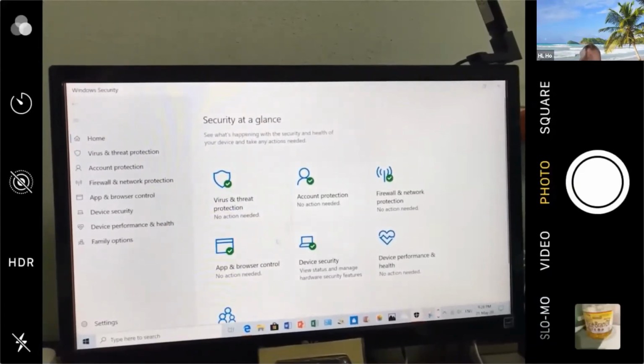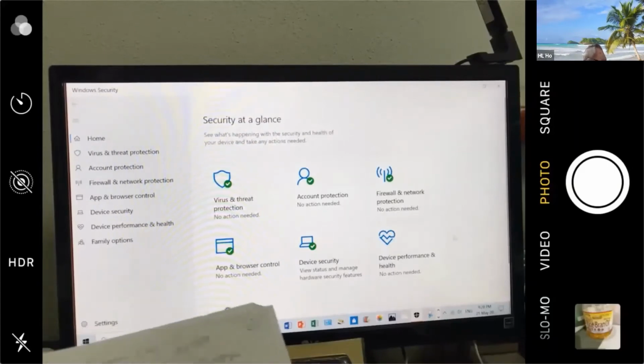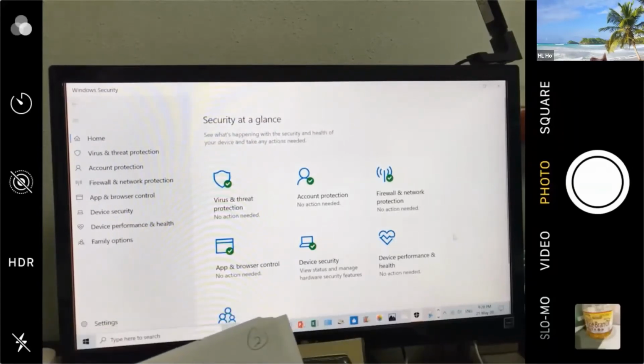So this is a good way to check. The best way is to delete the McAfee since you are not subscribing anymore, and turn on the window defender. So that's how we manage the computer. Okay, the next one